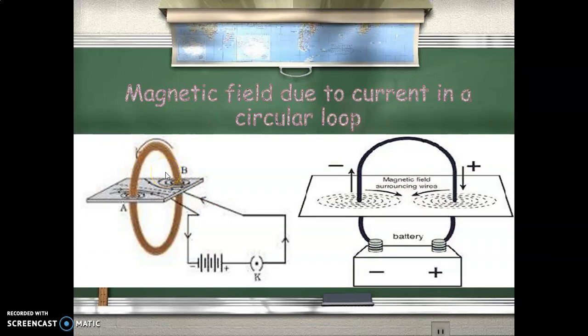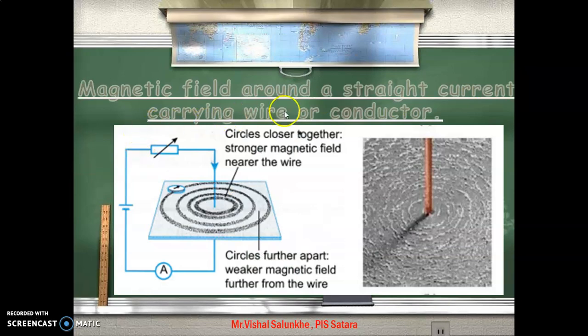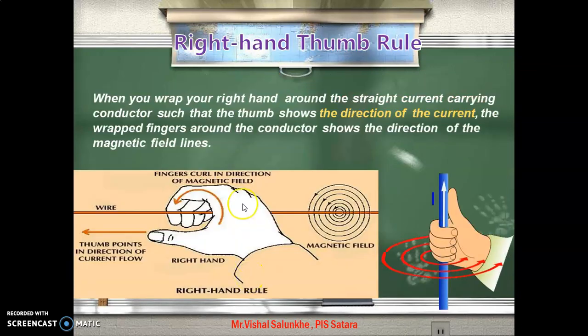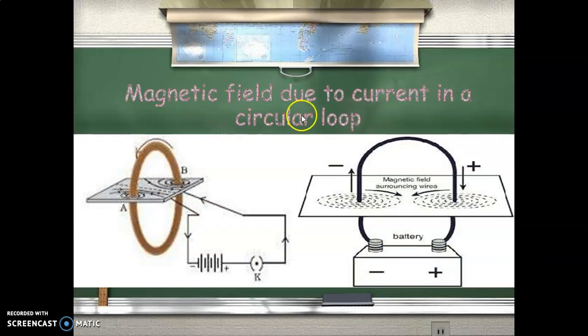Now just before two slides we learned the magnetic field around the straight current carrying conductor, its characteristics, and the right hand thumb rule. Now we'll see the magnetic field due to current in a circular loop, that is, the magnetic field due to a current carrying circular loop. It is a bit similar to the one conductor, but here we have done something differently. We have taken one circular loop, a circular ring, and passed the ring through the card sheet paper. In the previous example only one conductor was there.